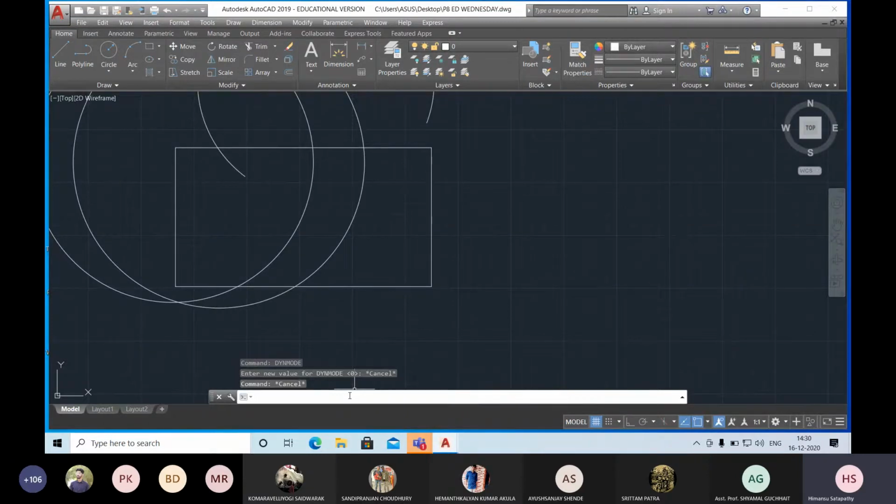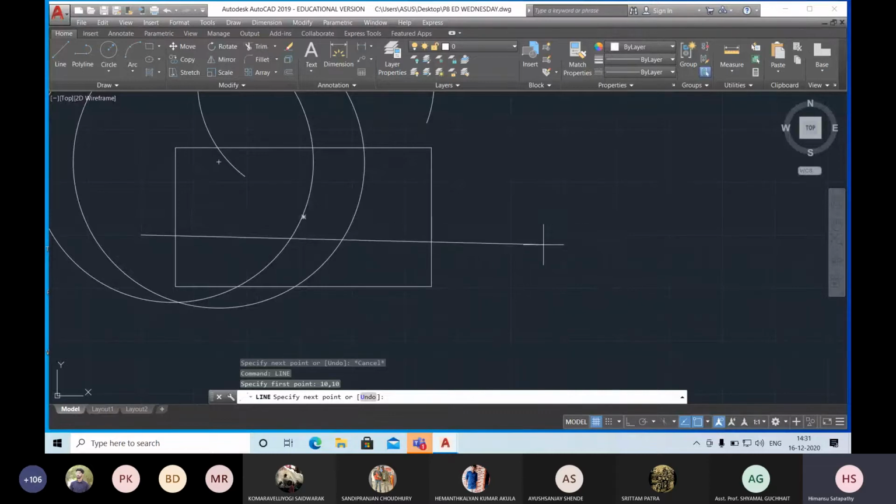If I want to draw a line, then I will go for the command line, line, enter. Then you can click on the first point. It is asking all of you, please read the command line. When it is asking to specify the first point, if I mention 10, 10 means 10 is x ordinate, 10 is y ordinate. So automatically you can see the line is starting from some point that is 10 mm from the x ordinate, 10 mm y ordinate.